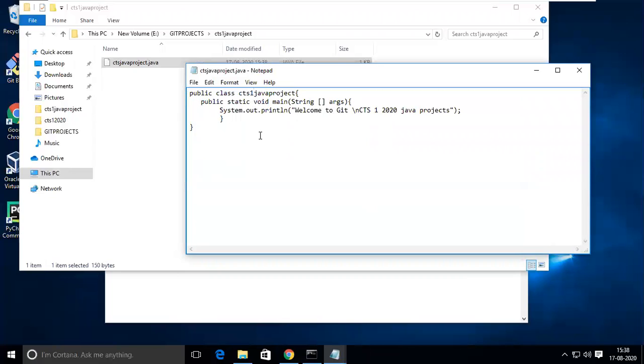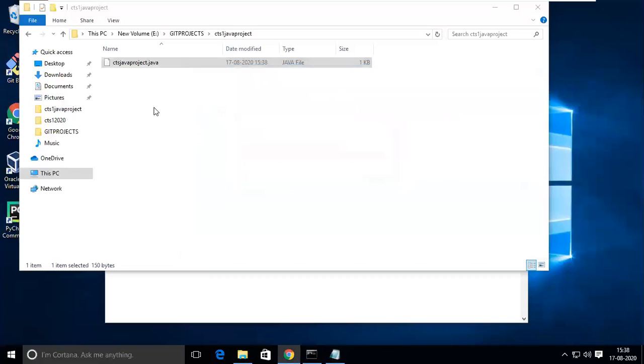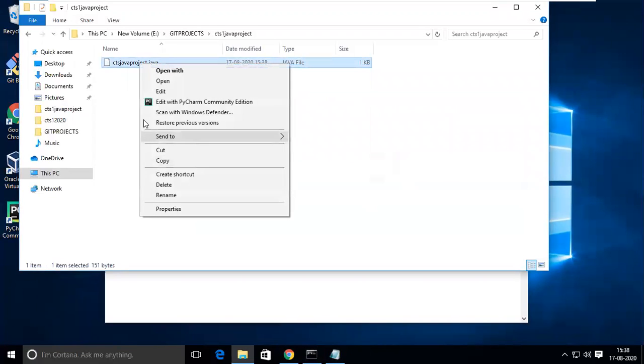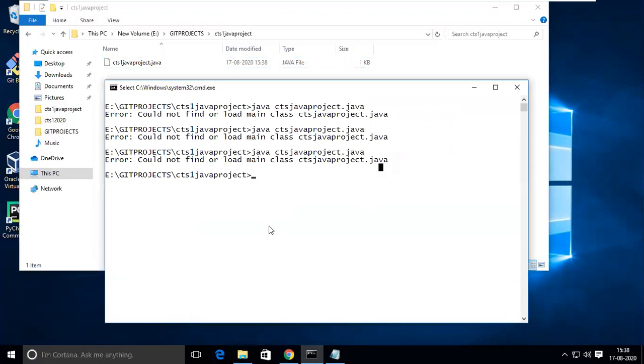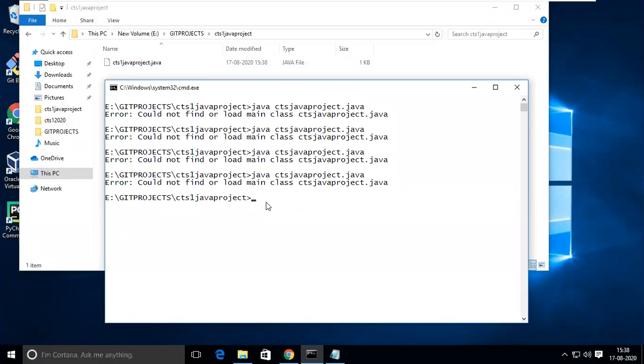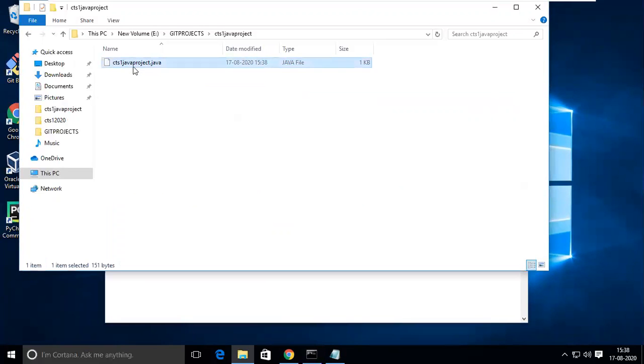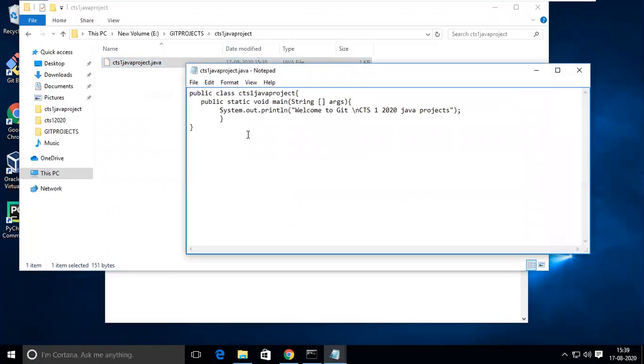What is happening to this one? So Python is easy. This is extra, so I will remove this thing.